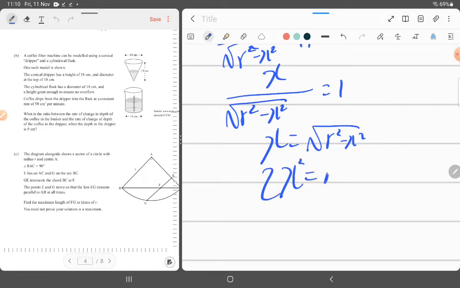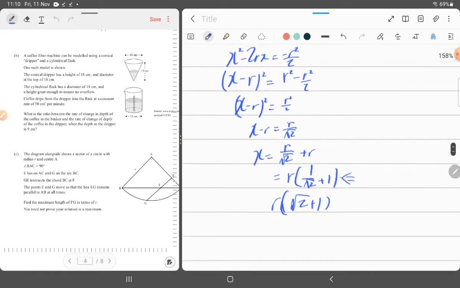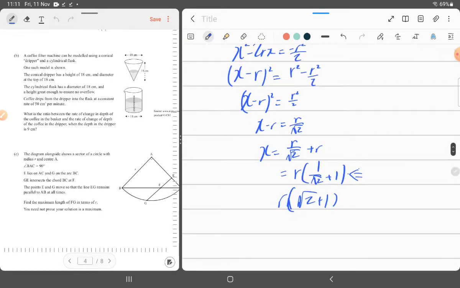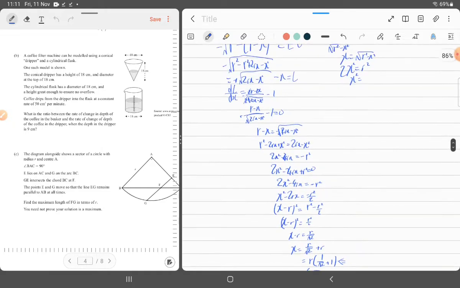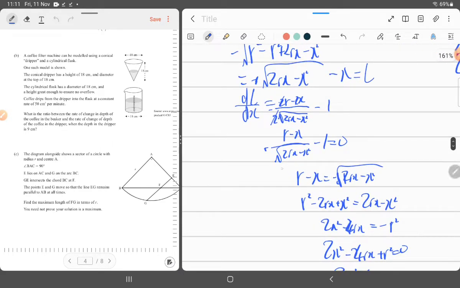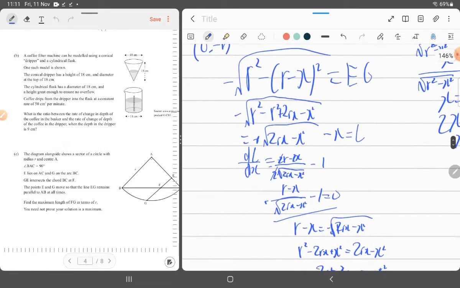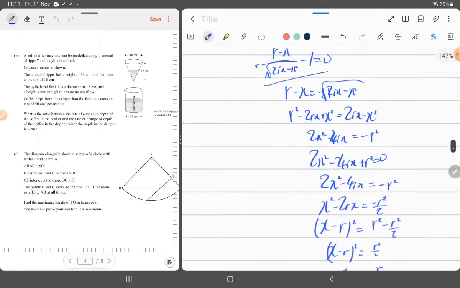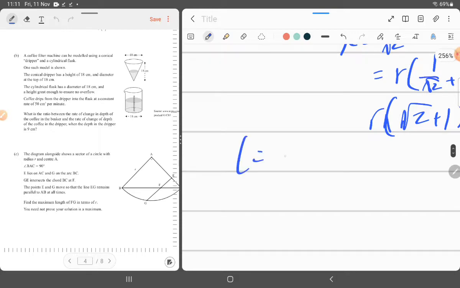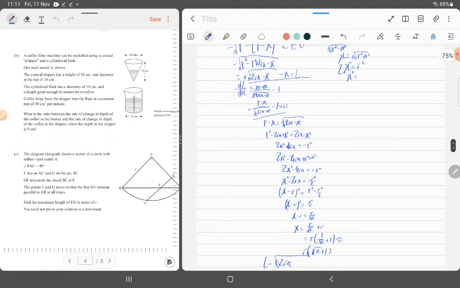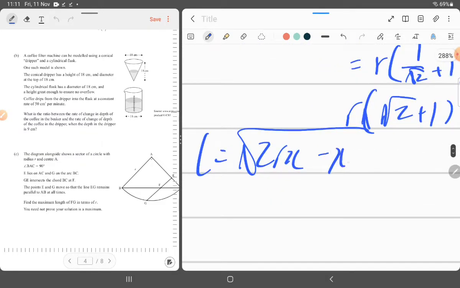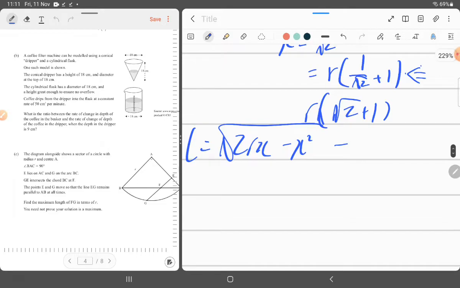2x squared is equal to r squared. Actually no. No, actually, did I just forget to plug it back into the original one? And so the length is equal to square root of 2rx minus x squared minus